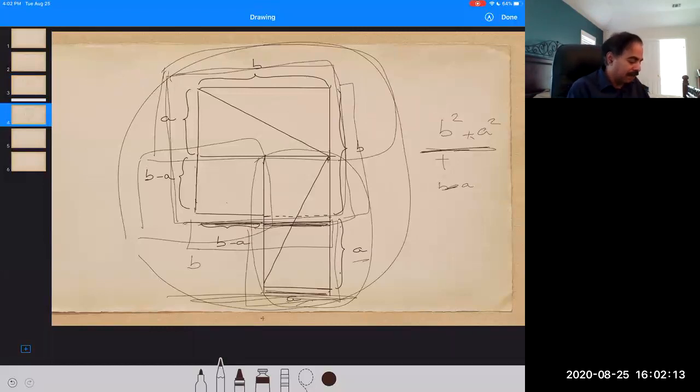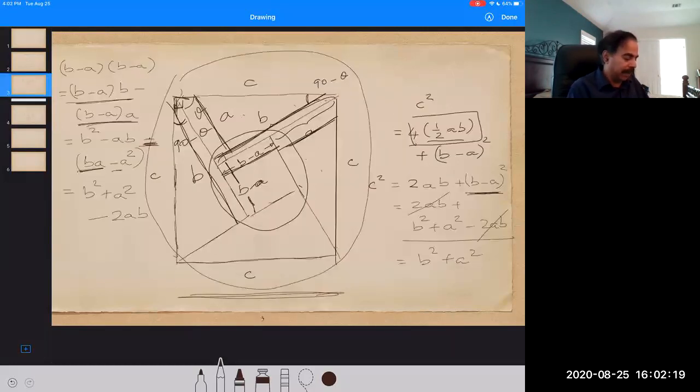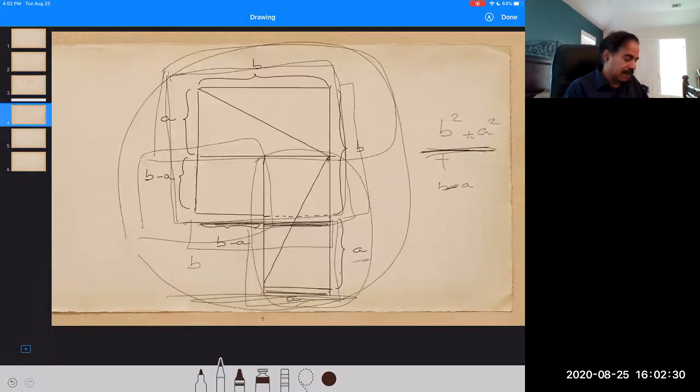We calculated the area here, and that comes to be B square plus A square. And we calculated the area here, which is a square of size C, so it is C square. Again, because we just retiled, it must be the case that this